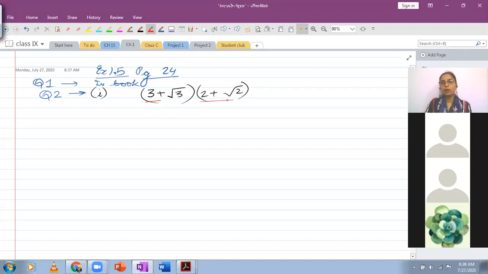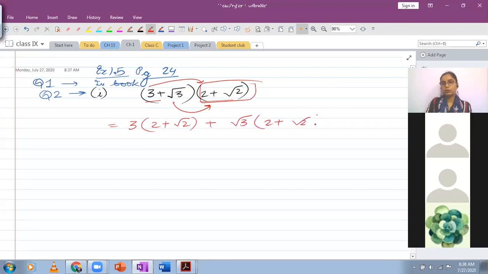So we will be fixing one binomial. So I'm going to pick 3. I'm going to use this with the complete binomial, the second one, and then I'm going to multiply root 3 with the binomial. So this will provide me with somewhat this expression. Some of you like to skip this step and just write down the products, so you can do it that way also. So the first term multiplied with this bracket, then the second term multiplied with the bracket. After this, you again use the distributive property the second time to operate on this monomial multiplied with binomial.